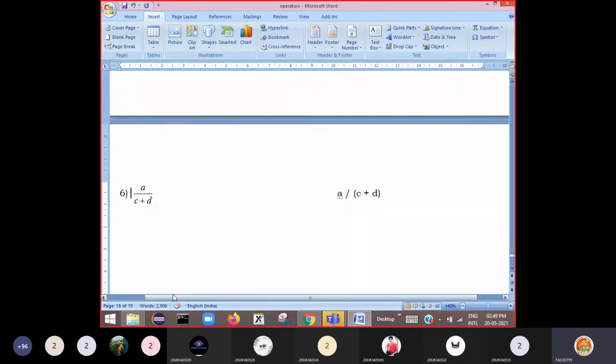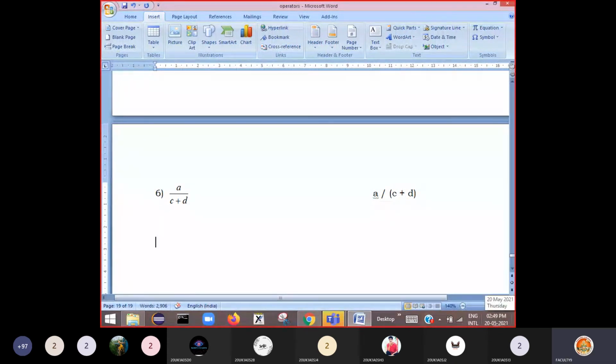Okay, so then we have another important topic. This is operator precedence and associativity. These two terms you will generally come across in programming.